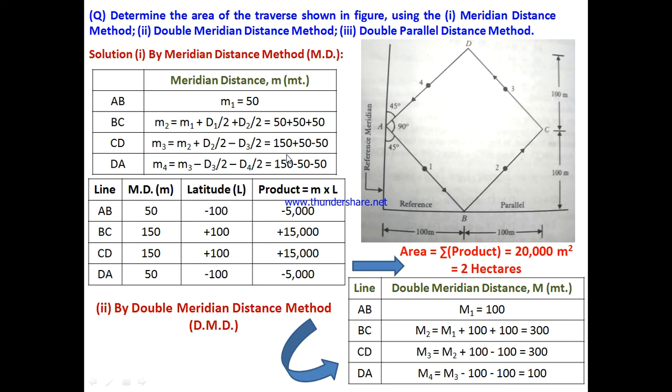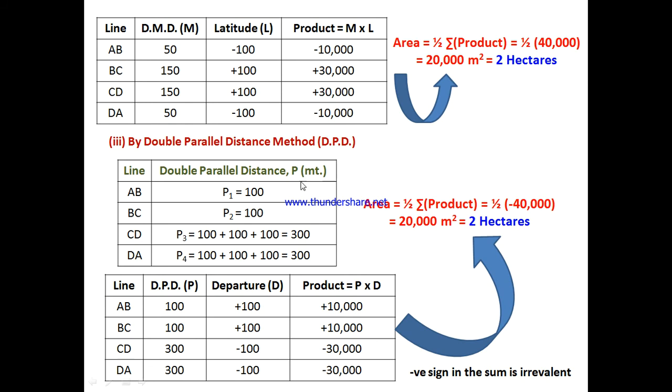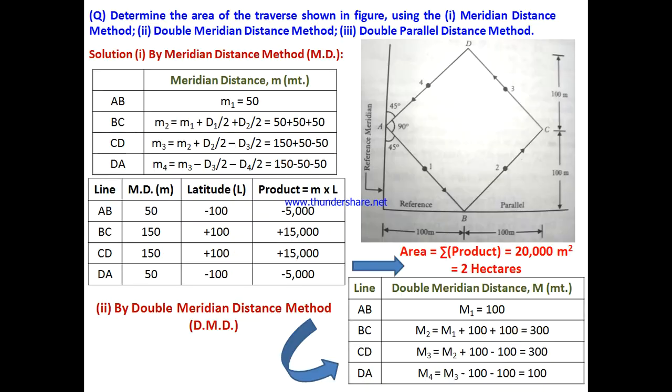In this particular method, rather than calculating the meridian values from the reference meridian, we need to calculate the parallel value from the reference parallel. So in this case you can see for line AB, BC, CD and DA. Okay, so for line AB, suppose this line AB, the parallel distance will be equal to 100,